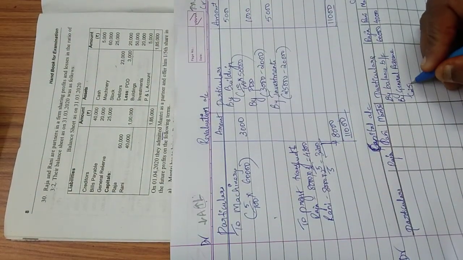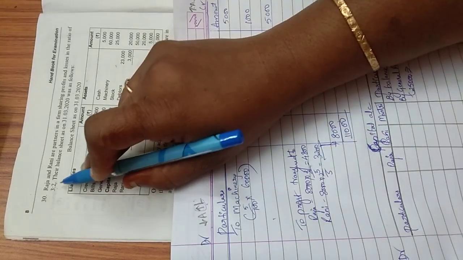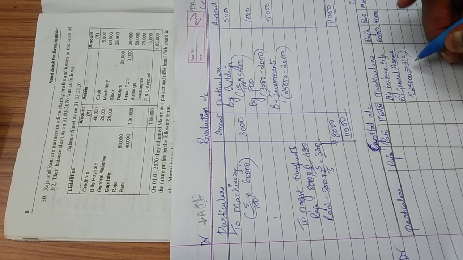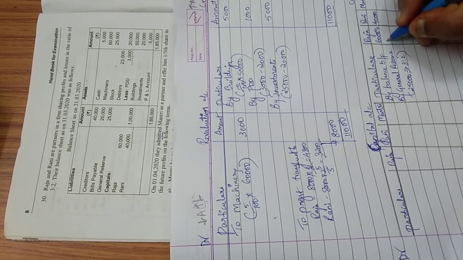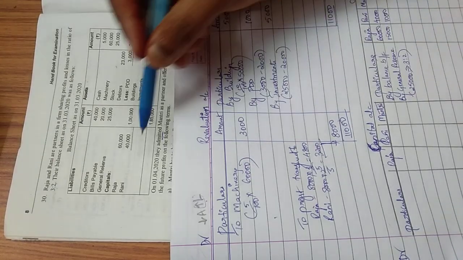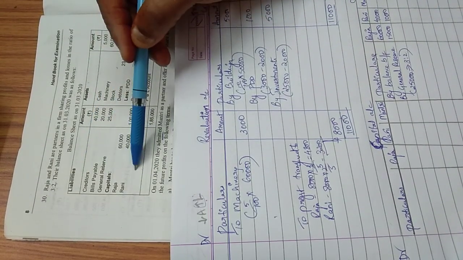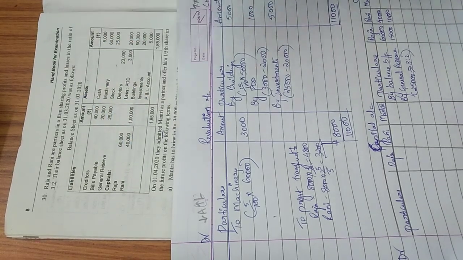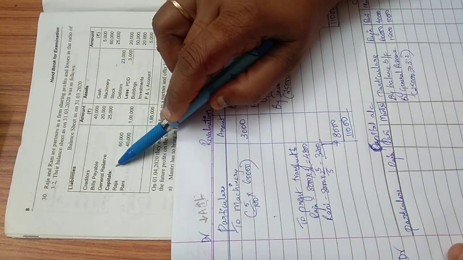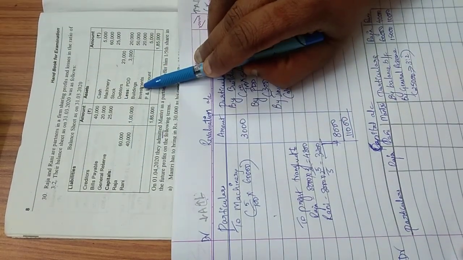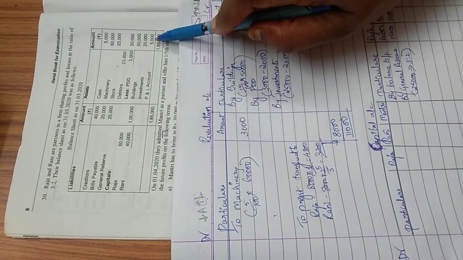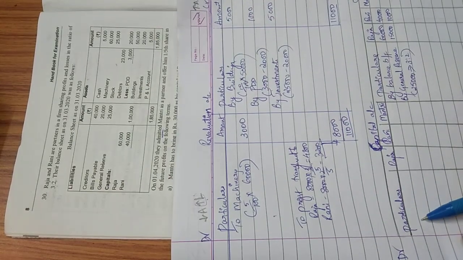25,000 should be distributed to Raja and Rani in the 3:2 ratio. So that will give me 15,000 and 10,000. Done. After general reserve, check if you have profit and loss. If you have profit and loss on this side, it will be distributed in the profit sharing ratio to the partners. If it is not this side, always check the other side, that is the asset side, if you have profit and loss. So how much is the loss? 5,000. That has to be distributed on the opposite side to the partners.